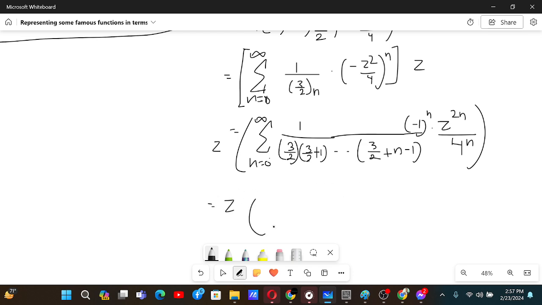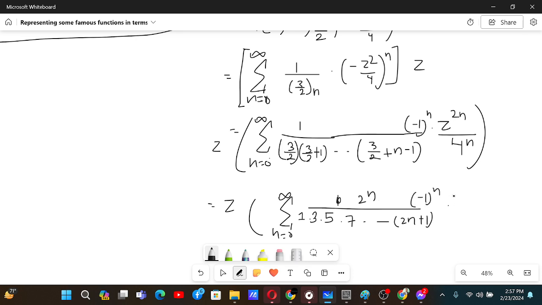This is g, so I'm going from n equals 0 to infinity. What do we have over here? 3 times 5 times, so basically now 7 and such things. I can add 1 over here by myself, and this last thing will be 2n plus 1, and there are n 2's. That's why we will have 2 to the power n over here, and then minus 1 to the power n, g to the power 2n by,